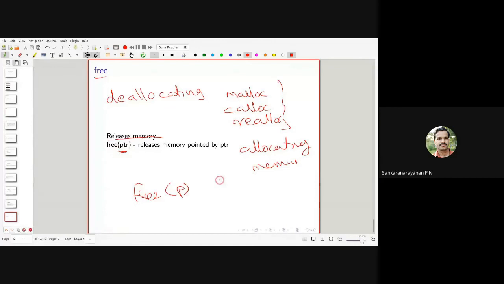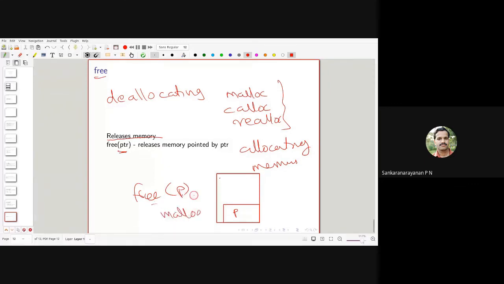Suppose we have the heap here, and this space is allotted for p using some malloc.